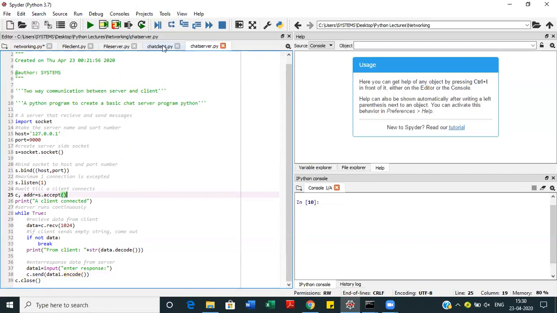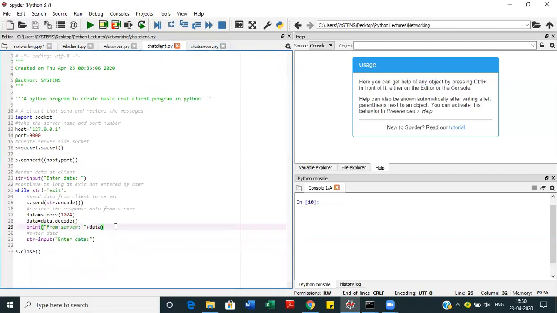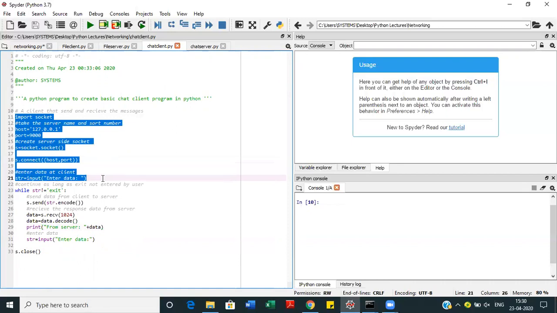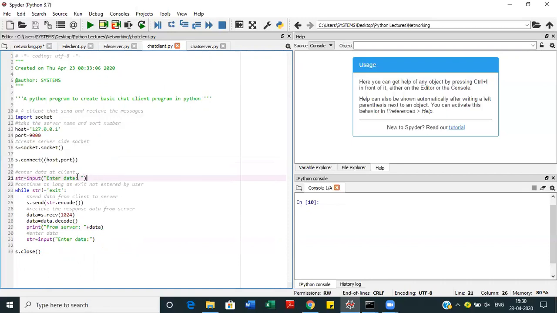If you look at the client side programming, again it is the same as we have discussed before. It is asking to input some string. Unless we type exit from the client side, the program will not terminate, or the communication will not terminate. This is the condition we are putting in the while loop here.